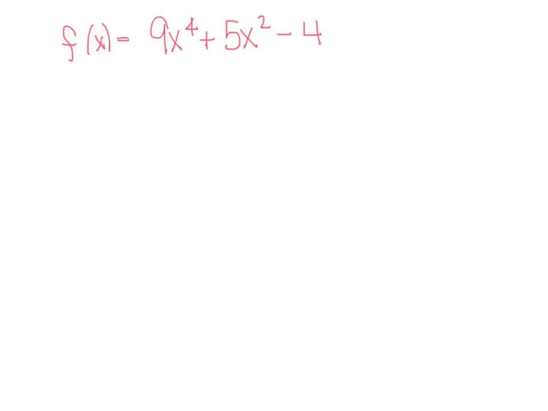Okay, so I have this polynomial, and I want to find all the zeros. I have no other information to go on, so I'm going to choose to make a list of possible rational zeros so I have something to test and just get started. So that list of possible rational zeros,